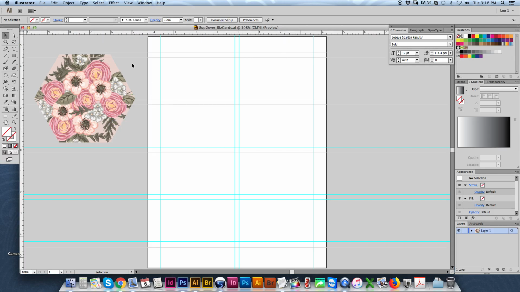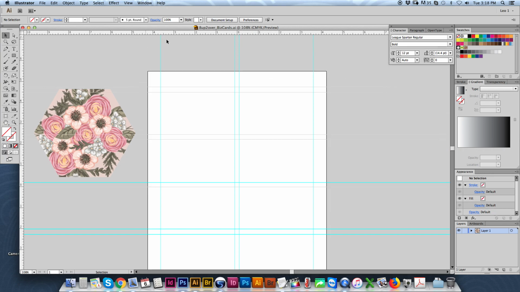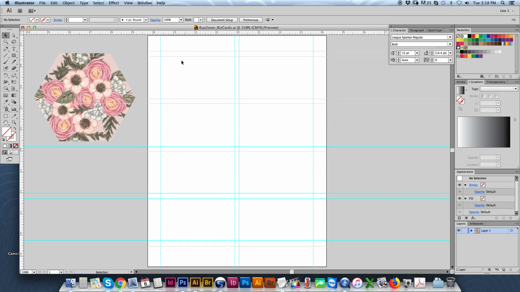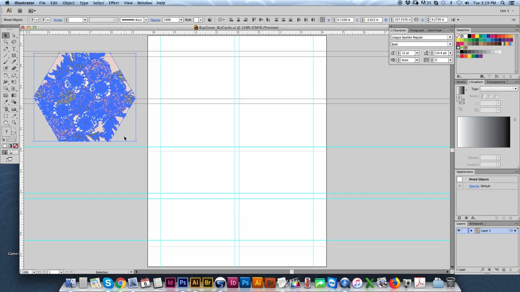Okay, how to make these templates into cards. Very simple. We have this template I created using guides, 8.5 by 11. I just pull the guides from here, and I created this layout, 2 inches by 3.5. I have a background graphic,